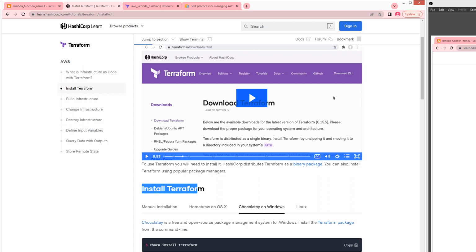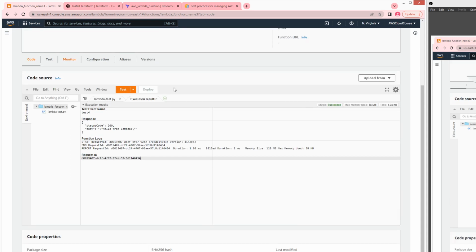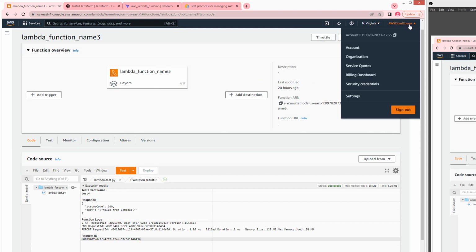Okay. So once that is actually installed, we have to establish the connection between the Terraform CLI in your local machine and the AWS account. So that's what I want to show you. For that, we need to actually grab the access key and the secret key ID. So those will enable us to access the AWS account. So you go to your upper top right hand, and then scroll down to your account ID, and then go down to security credentials